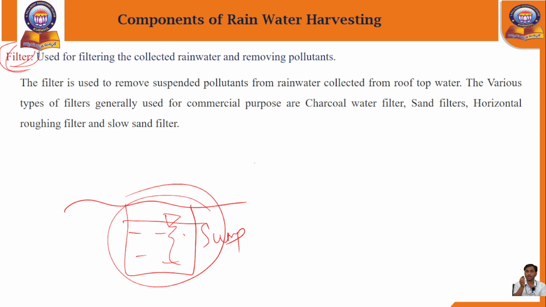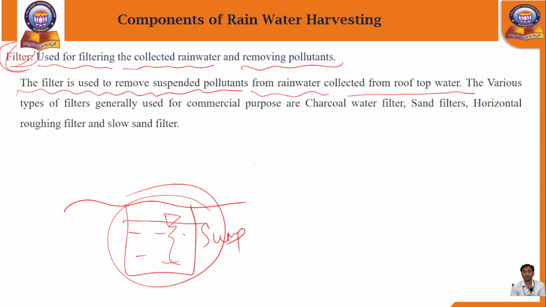It will remove all these things. Filtration is used for filtering the collected rainwater and removing the pollutants. Removing the pollutants means removing soil, dust particles, or any type of small chemicals. The filter is used to remove suspended pollutants from rainwater which is collected from the rooftop